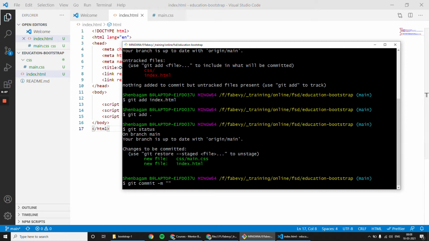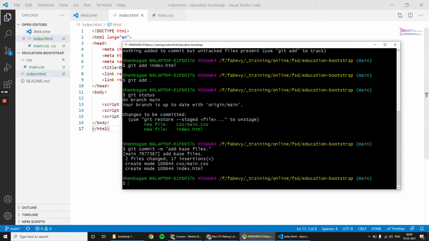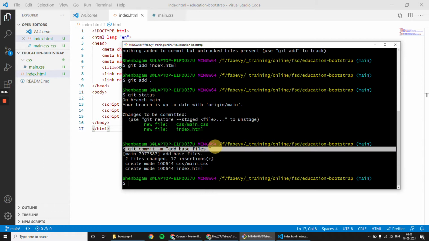So git space commit space hyphen m space, and in double quotes or single quotes you have to give one message. We'll give add base files dot. Make sure you don't make any mistakes in syntax while you use Git Bash.